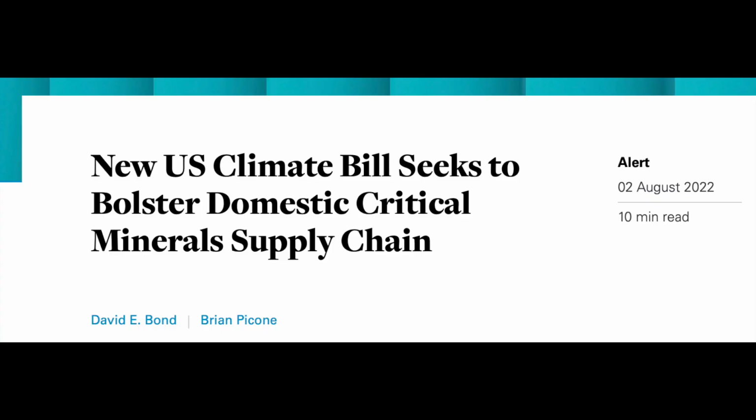But what you want to pay attention to, if you're looking right now, is this: the critical minerals that go into the batteries must be sourced from North America. That is per this EV tax credit. If it's not, your car is most likely going to get half of the $7,000. Now, Elon says that Tesla will fully qualify. Well, does that mean that every single car within the price ranges, there are price ranges for the Model 3 and the Model Y, does that mean all of them will